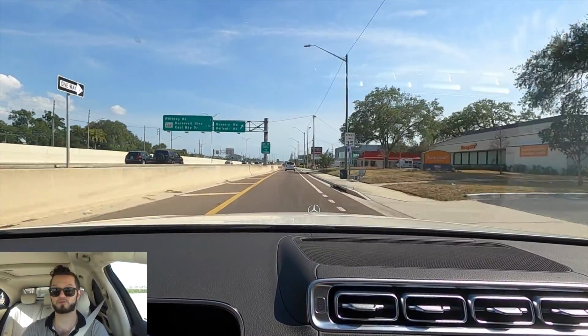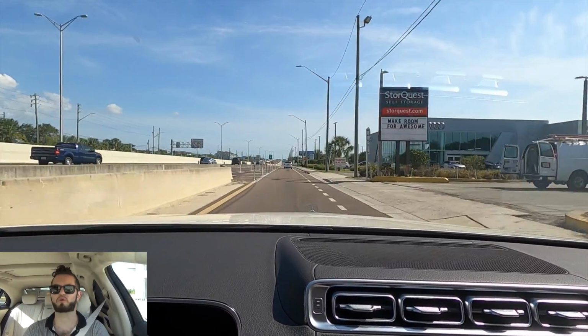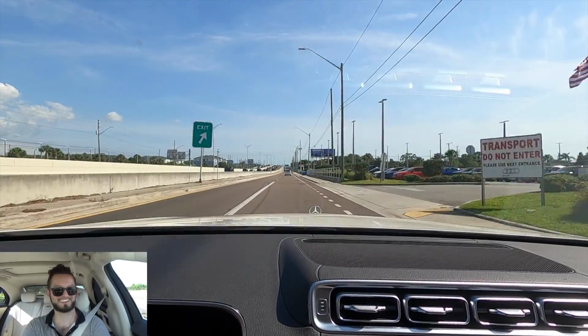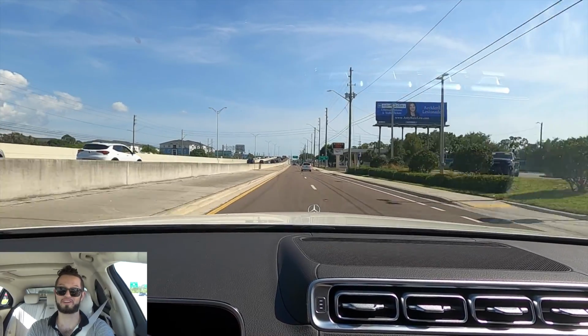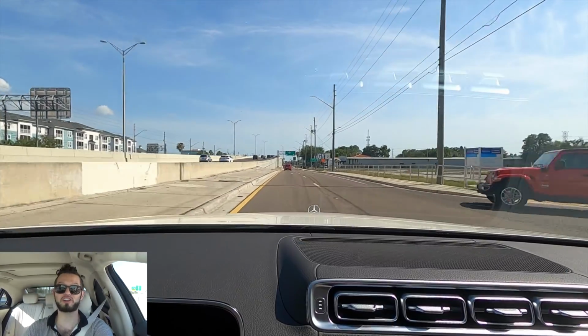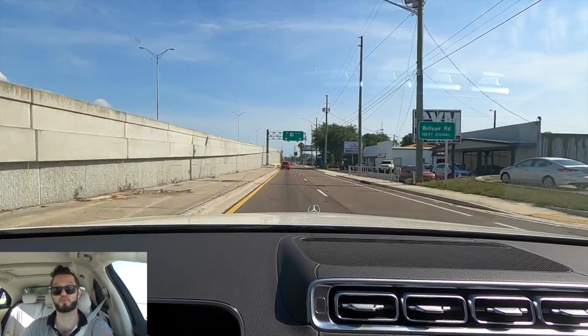What I mean by that is we're going to slow down just a touch. We got it in Sport Plus also, so that way we're taken care of. We're going to show you now. Look at this. It just takes off. The sound deadening is so quiet, you hear nothing on the exterior. You do hear a little bit of the exhaust note, which I wish filtered in just a touch more,